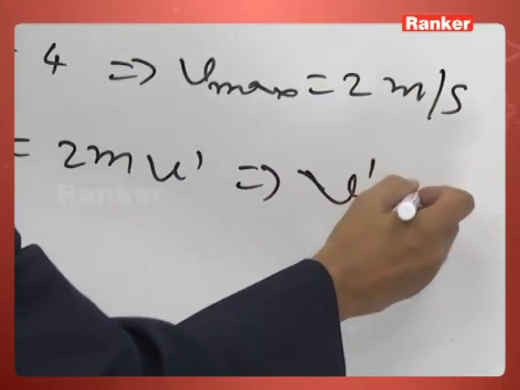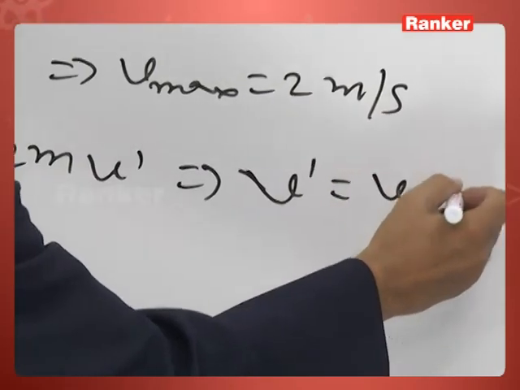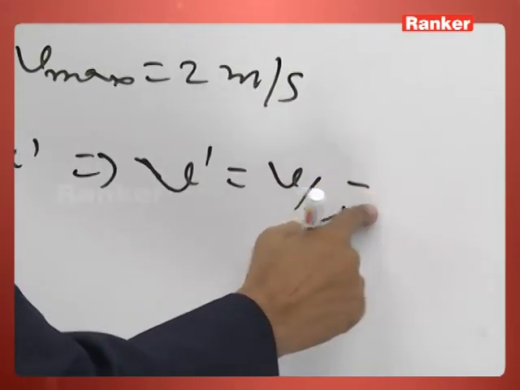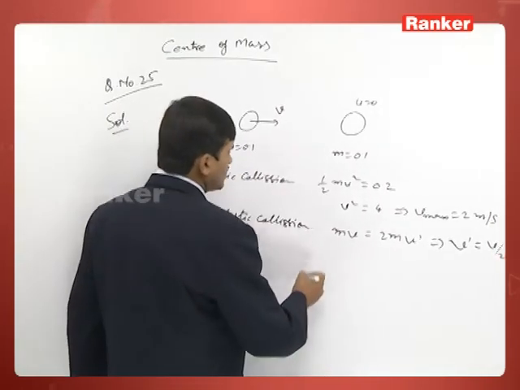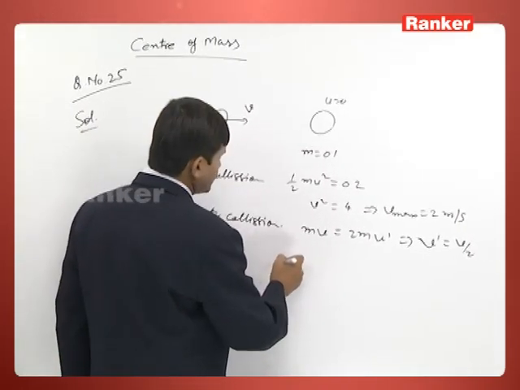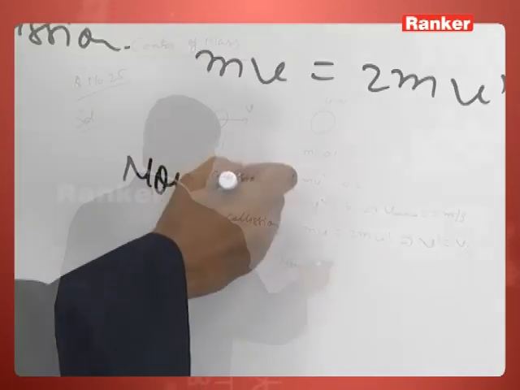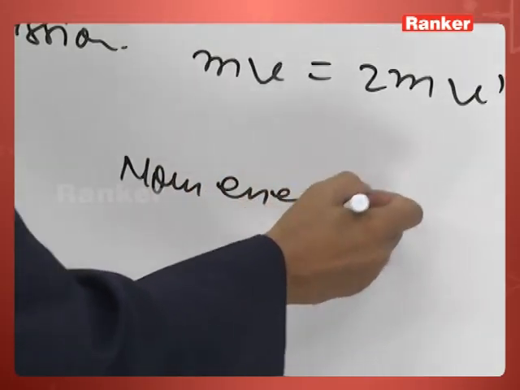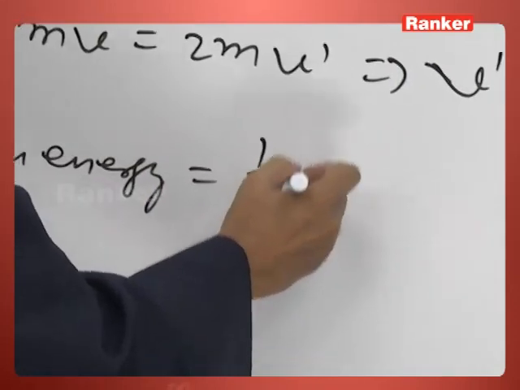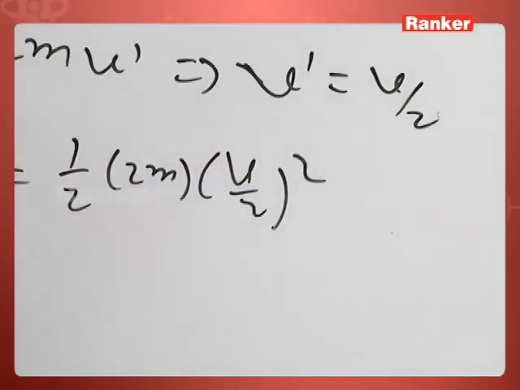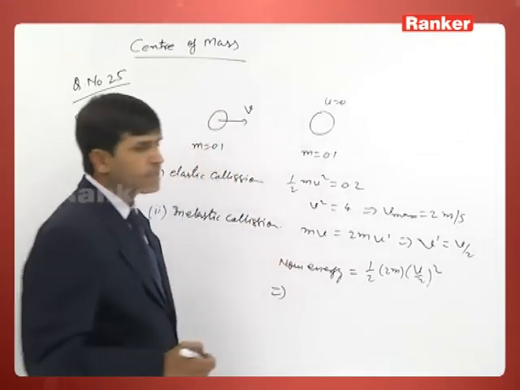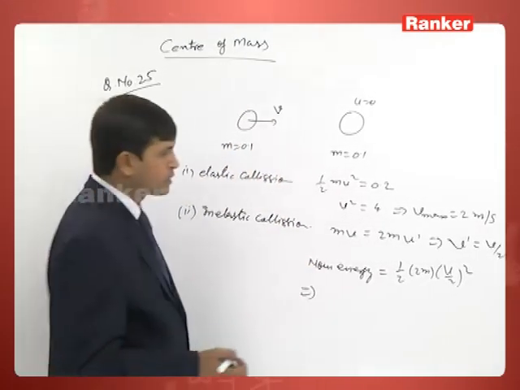So v dash is equal to v by 2. So now the kinetic energy is equal to half 2m into v by 2 whole square, and this is the value given here, 0.2 joule,